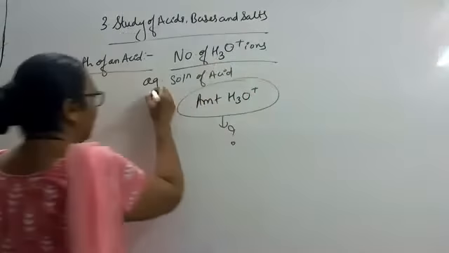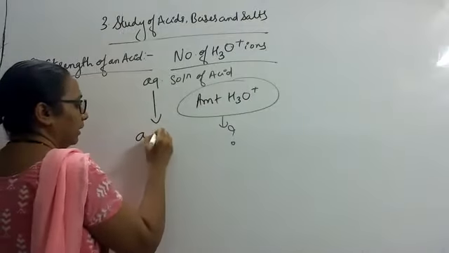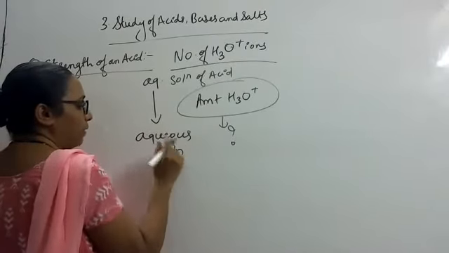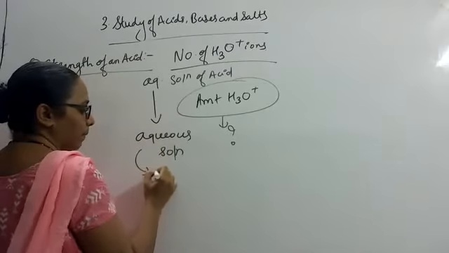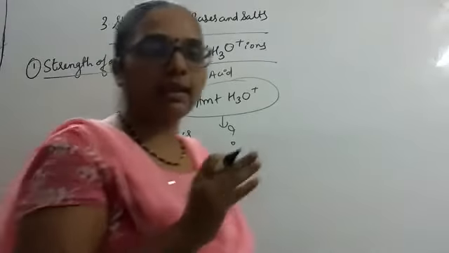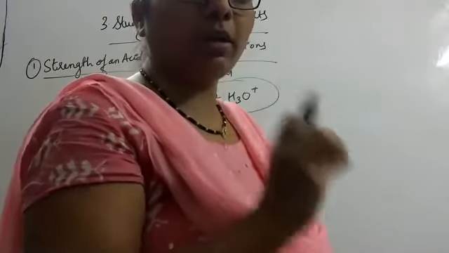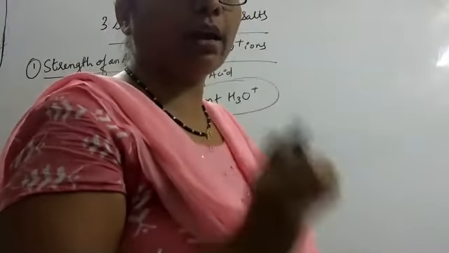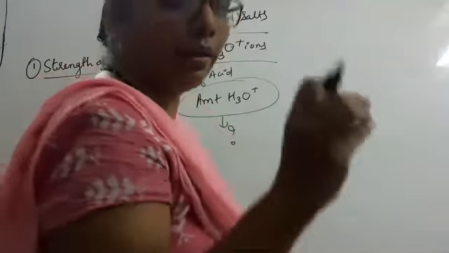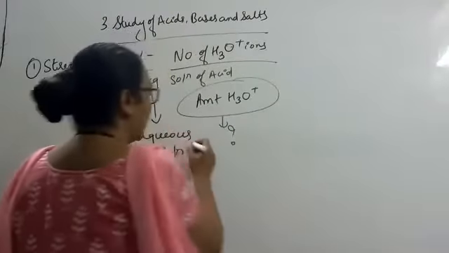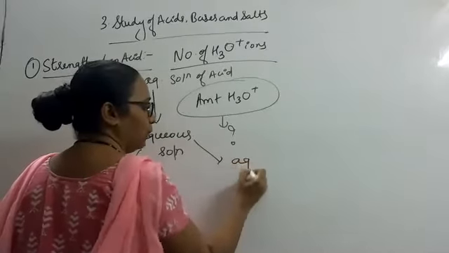AQ means aqueous solution. Aqueous solution means any solution that contains water. When we dissolve an acid in water, it becomes an aqueous solution of the acid. According to the rules of chemistry, we write aqueous as AQ, and then we put up